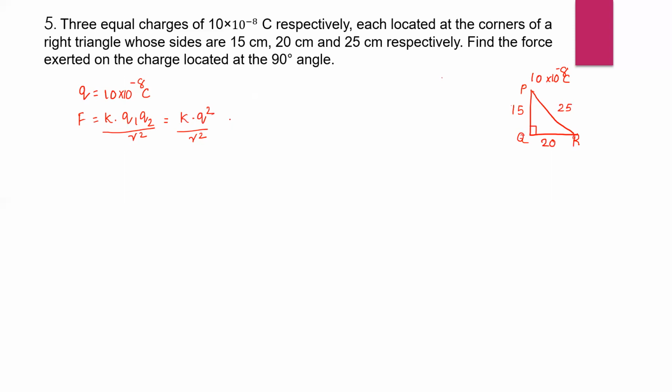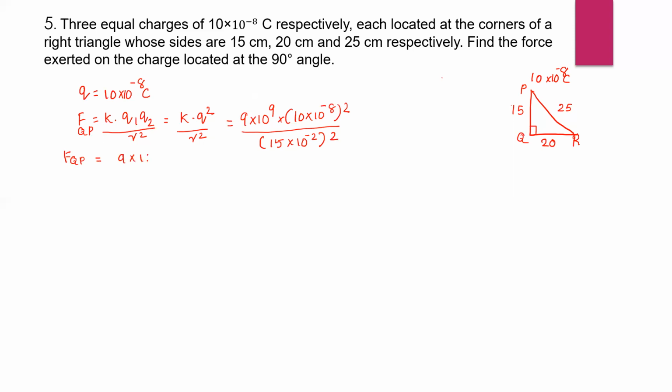That is equal to, K is 9 into 10 raised to 9, into Q is 10 into 10 raised to minus 8, the whole square, upon R square. R is the distance between P and Q, which is 15. So 15 into 10 raised to minus 2 meter, whole square. This is the force acting on Q due to P, that is FQP is equal to